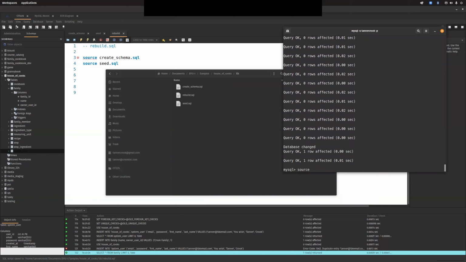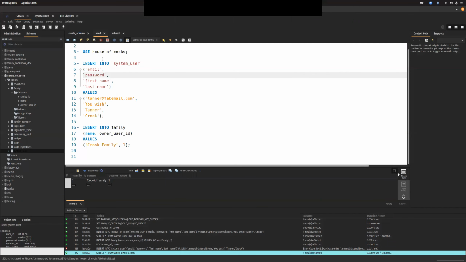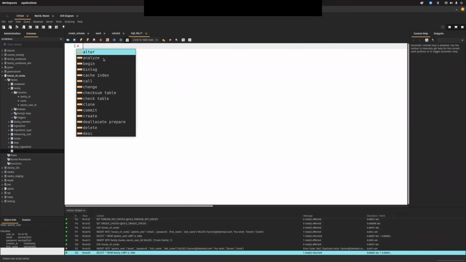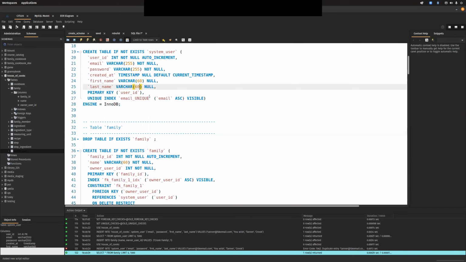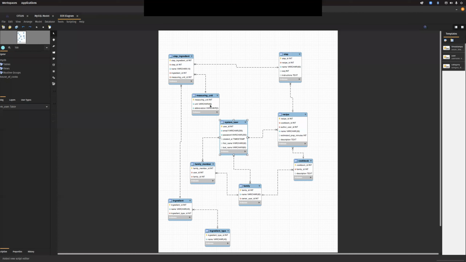So let's say that I goof up and I want to just start fresh, but without having to retype all my code. I can very quickly just rerun this script and be there. So for example, let's just make a new file. Let's say I'm doing something and I accidentally say drop table. What's the one that's a root one? If I drop table